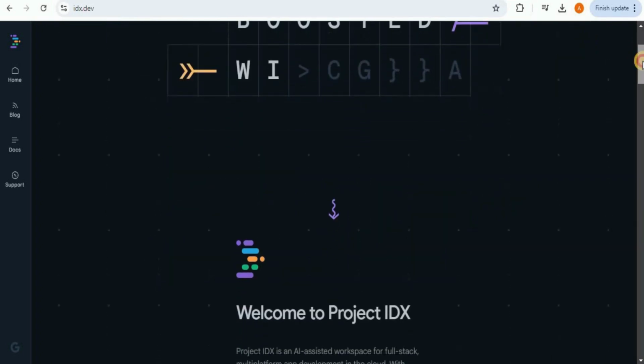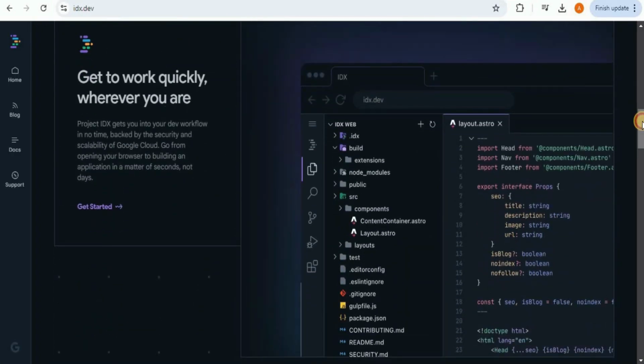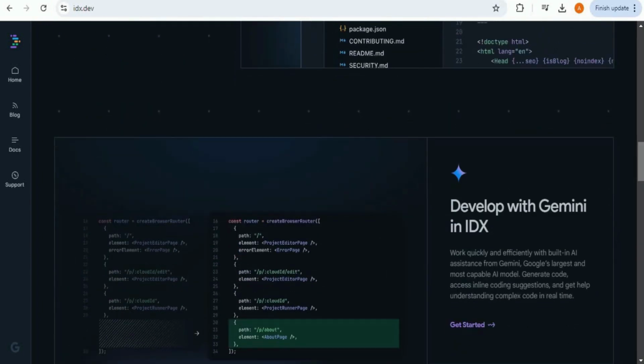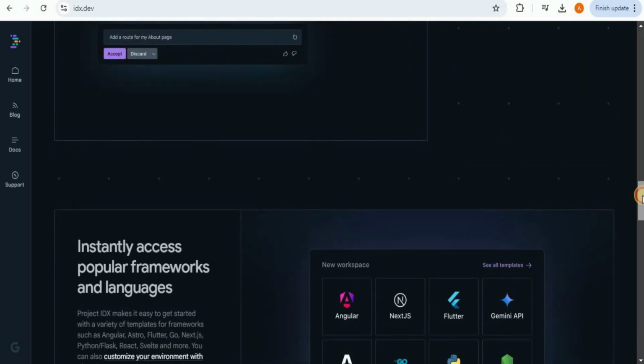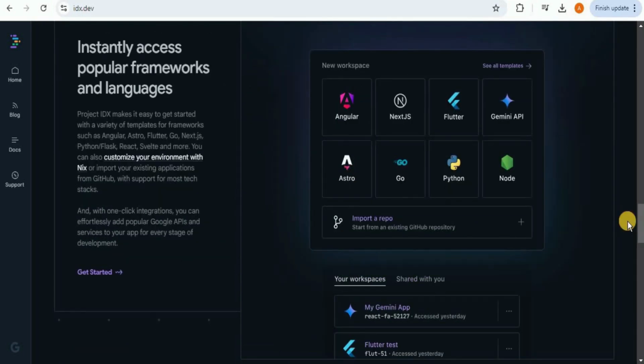And the best part about this is that you can easily access it using your web browser, and it also provides an AI-powered coding assistant just like you would get in Windsurf, Cursor, or Bolt. It also provides you the ability to instantly access many of these different frameworks completely for free, even Flutter, which is great. In addition to this, it also provides access to a wide variety of tools like Git, as well as the ability to have Docker initialized within IDX.